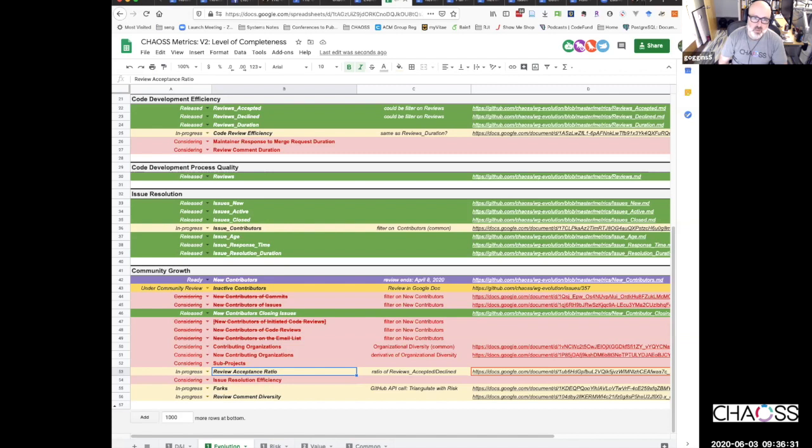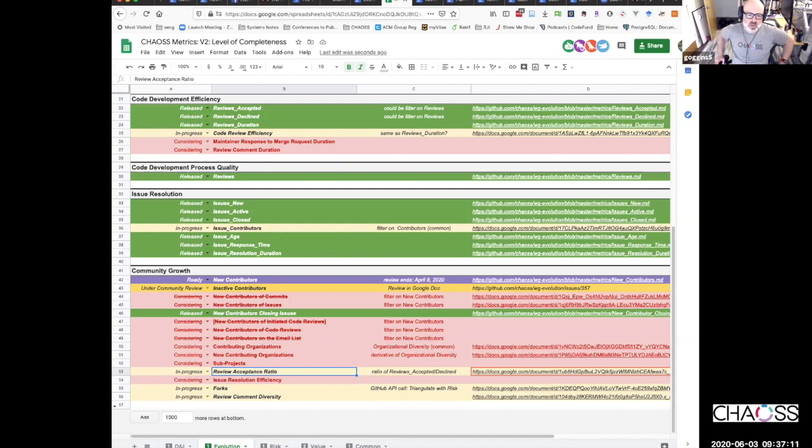In almost all the communities we've looked at, the time to close is longer for things that are not accepted. That's pretty consistent. It's similar in most cases for first response as well. The things that are ultimately accepted usually get a fast response and are quickly merged and accepted. Things that are not merged and accepted are responded to more slowly, taking bots out of the picture. But sometimes everything gets a pretty quick response, like there's one case where the community culture is that everything gets a fast response.